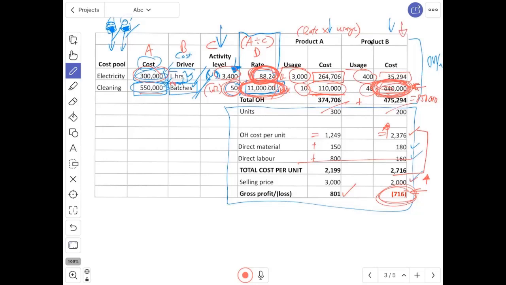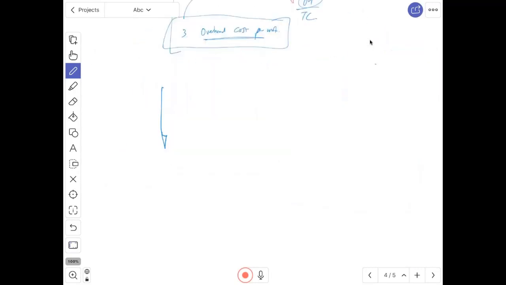So why would a company produce such small batches if they know this? I love to use this example. Think of a company that produces pens. They produce blue pens and we produce red pens. The plastic in the pens is exactly the same, direct material and direct labor are the same, but what about the overheads? So let's say the demand for blue pens is 10 million per year and the demand for